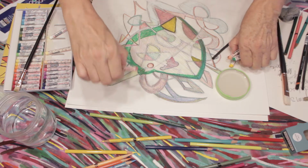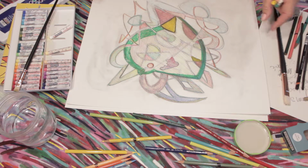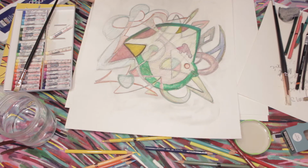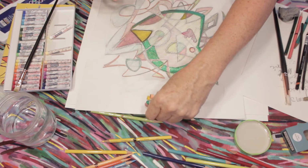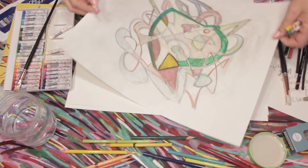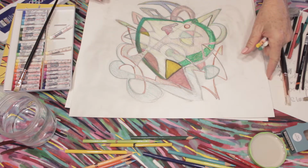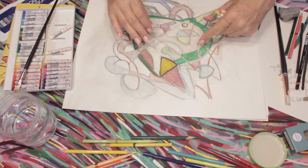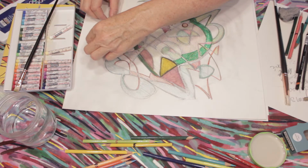And this is not only to facilitate that, this turning it around, it's also because it's great to work it different ways, especially when we're talking about deciding what we want to have come forward and what we want to have go back. I'm going to leave this all textury here for a minute, and I'm going to go in